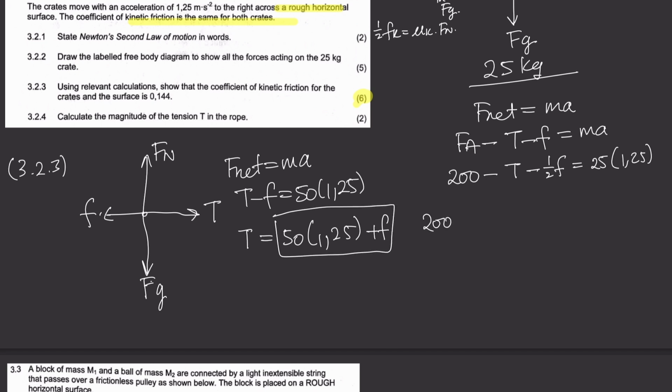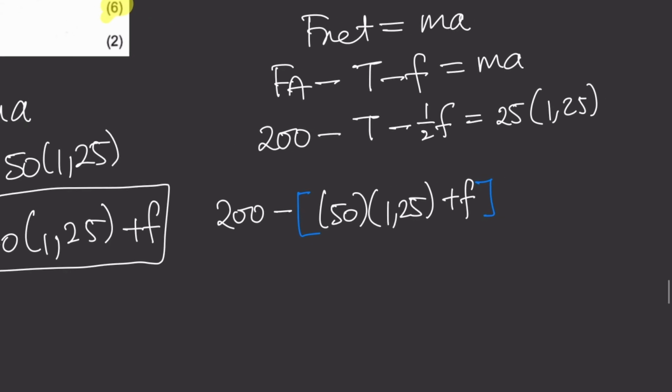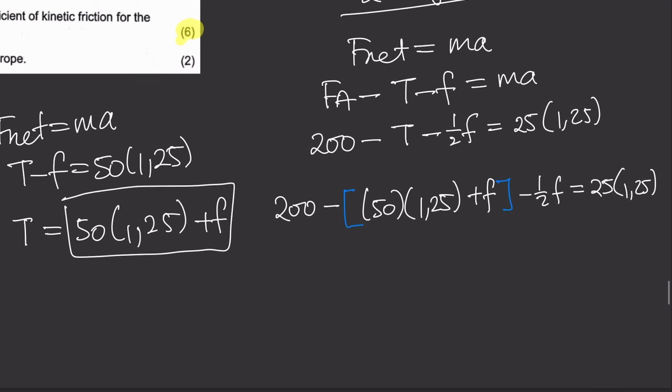You'll get 200 minus, open bracket, 50 times 1,25, and then plus F, and then minus half F equals 25 times 1,25. So here you can simplify, and once you simplify, you solve for F. You're going to get F equals